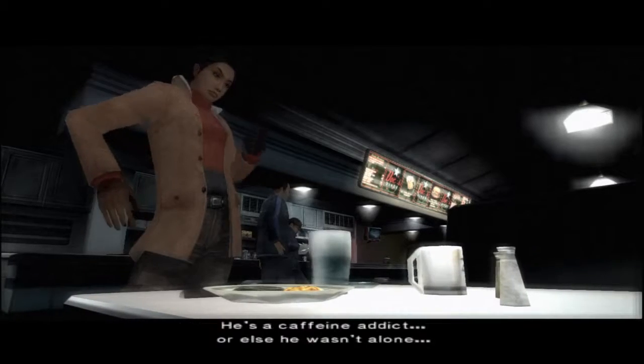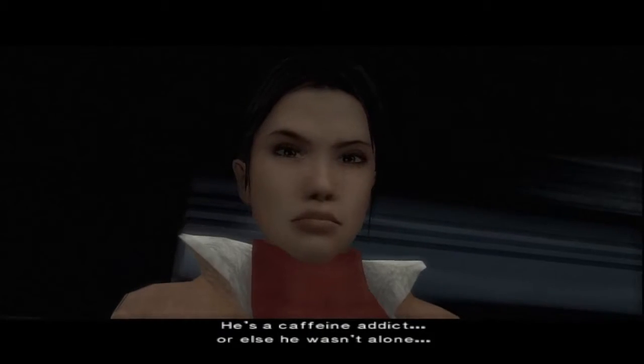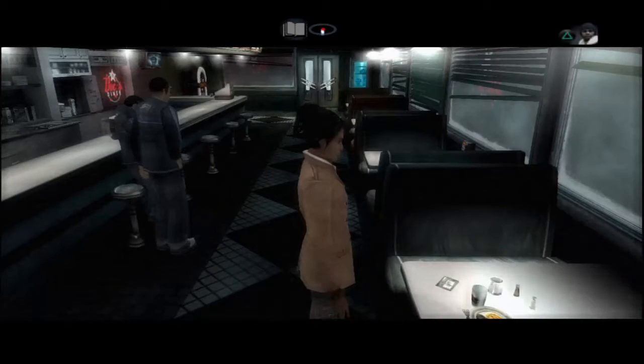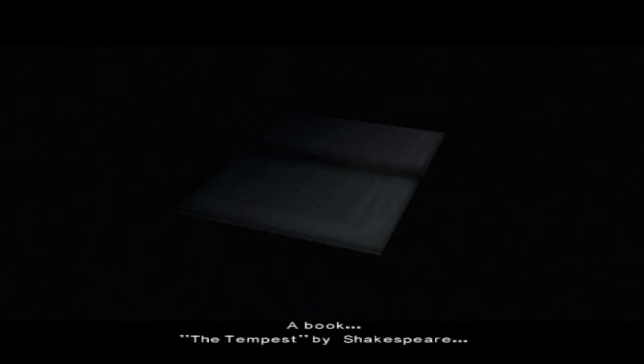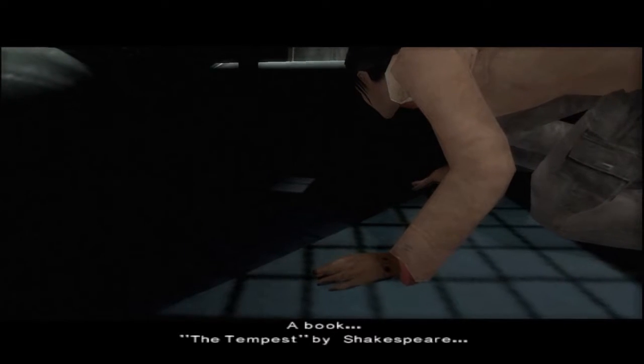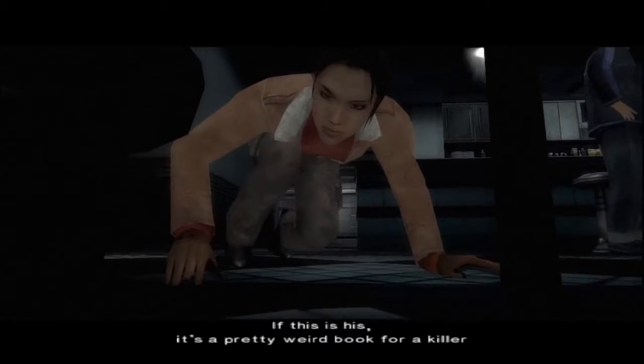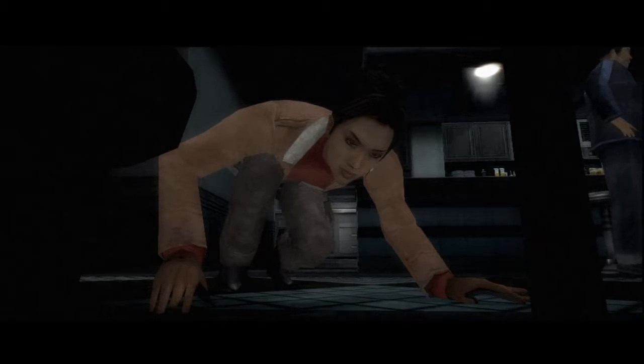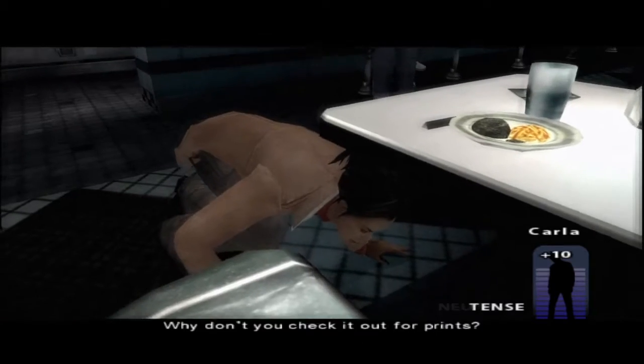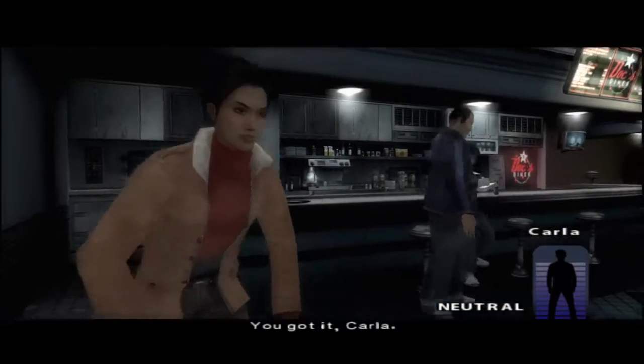That's weird. He's a caffeine addict, or else he wasn't alone. A book. The Tempest by Shakespeare. If this is his, it's a pretty weird book for a killer to be reading. Garrett, there's a book under this table. Why don't you check it out for prints? You got it, Carla.